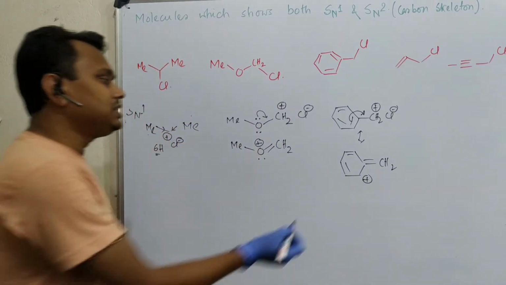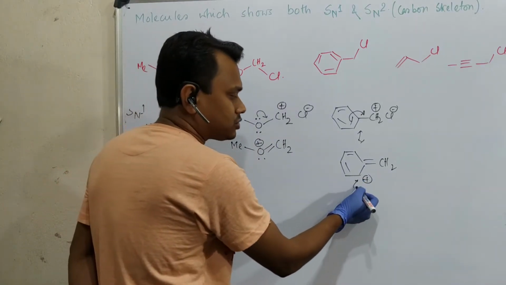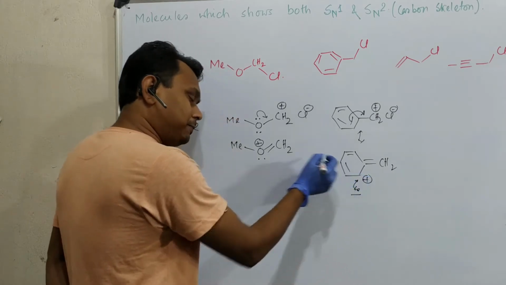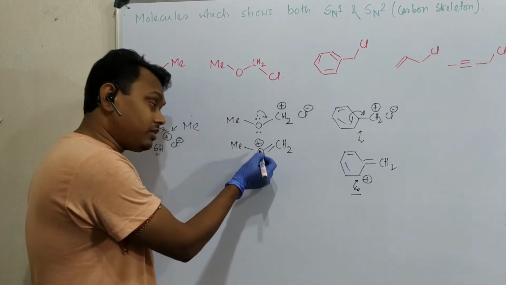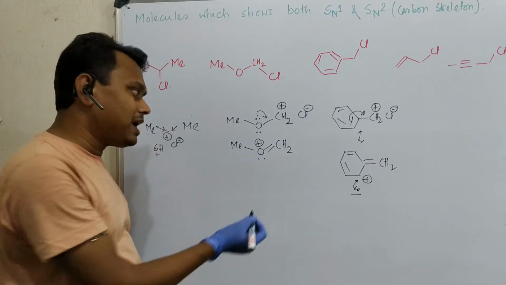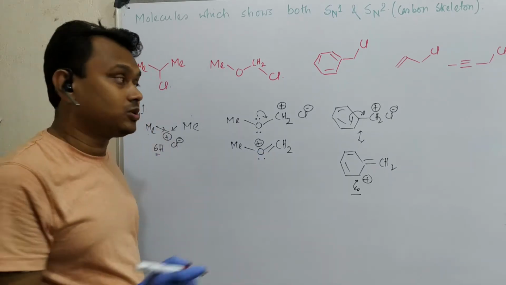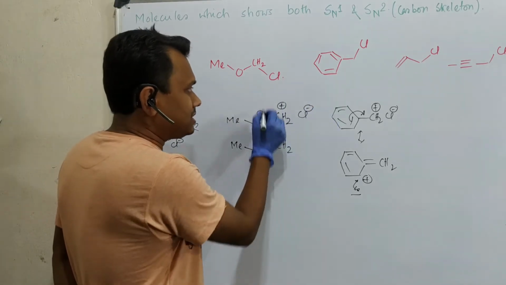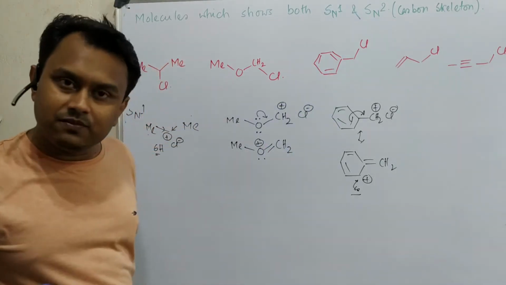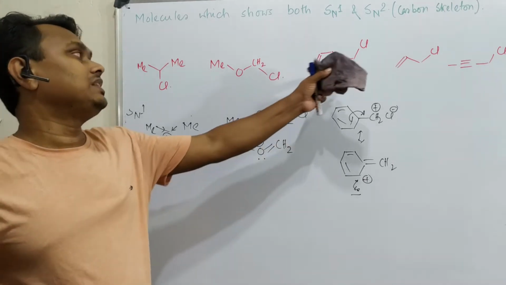In fact, you see in this, carbon is a 6 electron species. Where the positive charge goes, that's a 6 electron species. But in this case, the positive charge goes on oxygen, and this is actually an 8 electron species, everyone. That's why this is a particular comparison. This methoxy benzyl chloride is generally more reactive than this benzyl chloride.